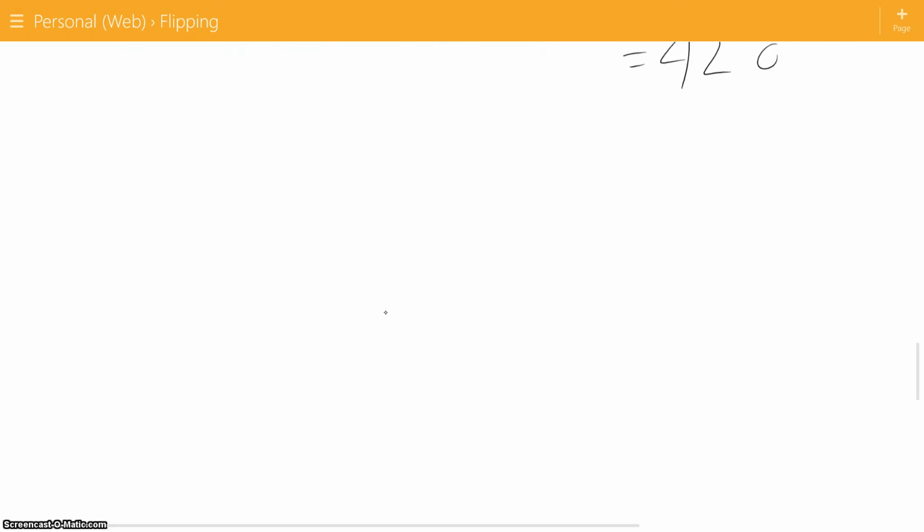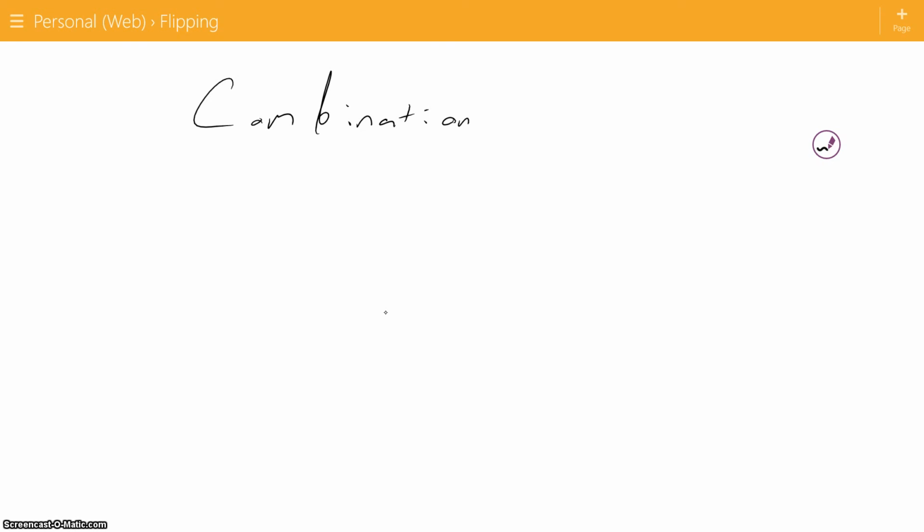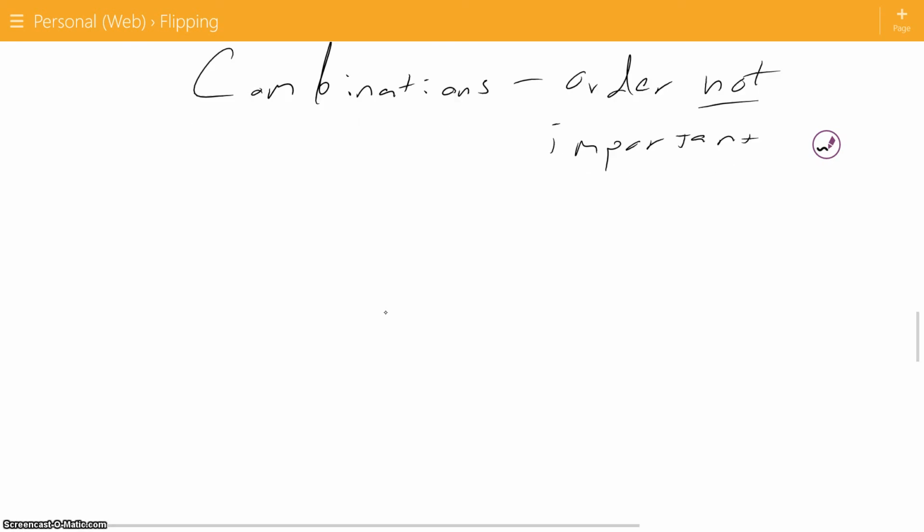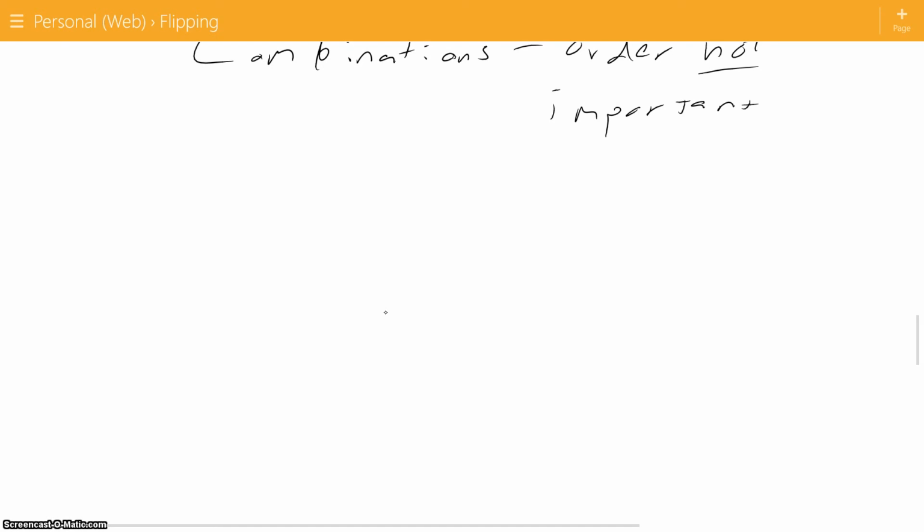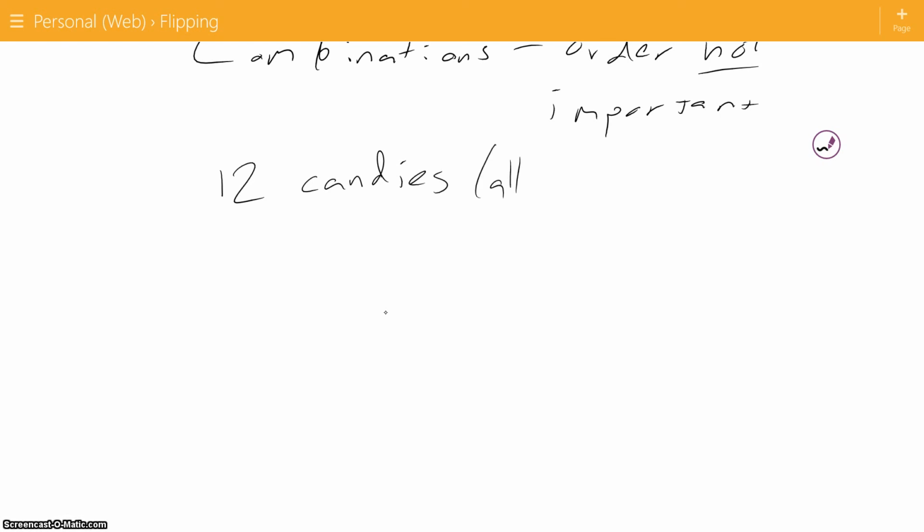All right, and now let's look at one more thing here. So permutations have order, but for combinations, we are not concerned with order. Order, not important. So let's say that you've got 12 candies, okay? They are all different. Maybe think back to your wonderful days trick or